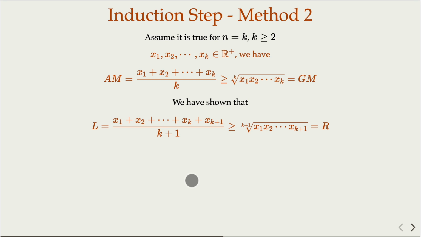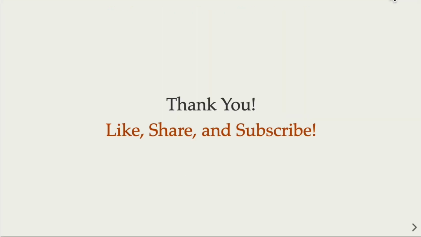These two methods are similar in essence, but one works with R, one works with L. We introduced two methods here. Hope you enjoyed the video today. There are many other proofs of this AM-GM inequality. One famous one is Cauchy's forward-backward induction, and that is also interesting. We are going to cover it perhaps in another video